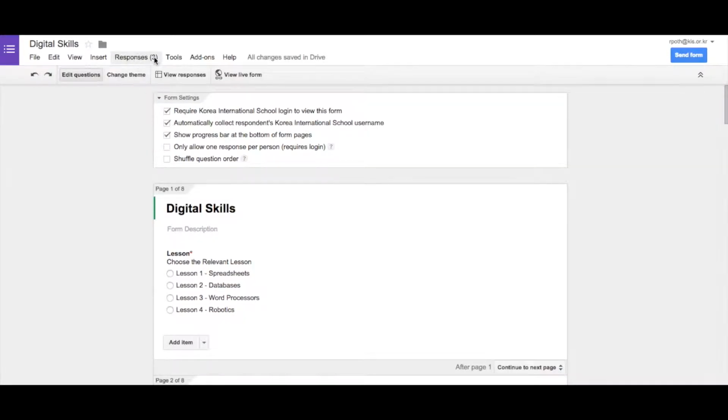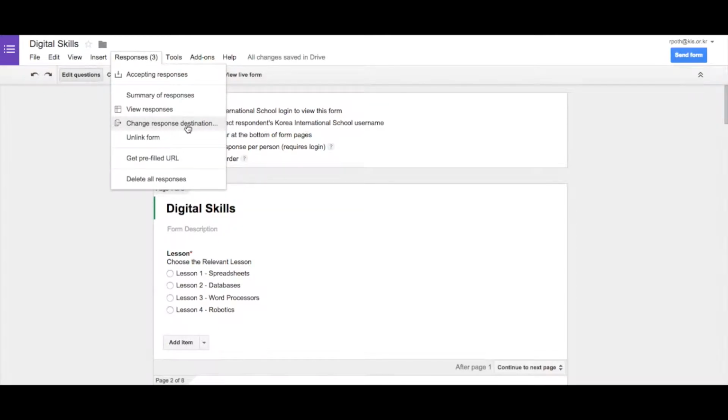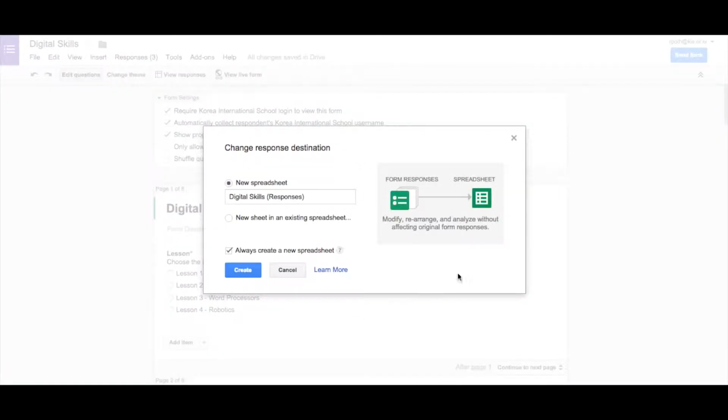So once I've done my responses, like I say, there are 3 there, I can then view the responses. Now you may see for the first time that this button is different. It may say something like change response destination, in which case you will get this particular screen come up. Now from this screen you can rename the sheet. Now I tend to leave it as it is because it very clearly says that these are the responses from